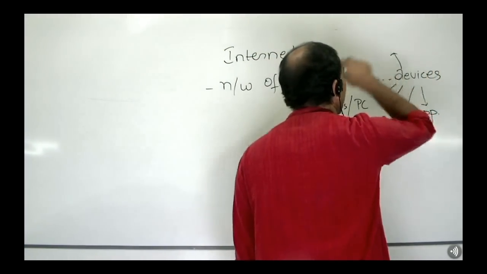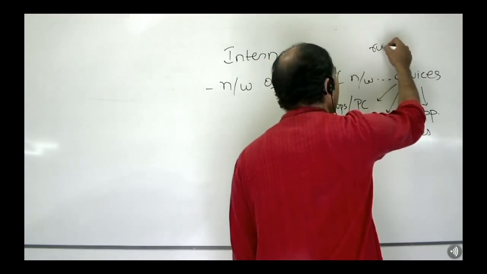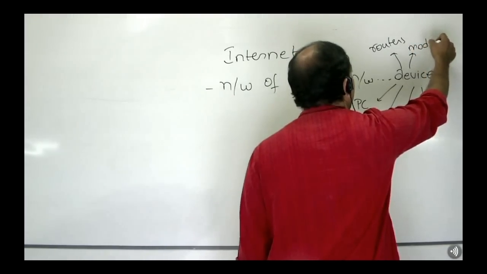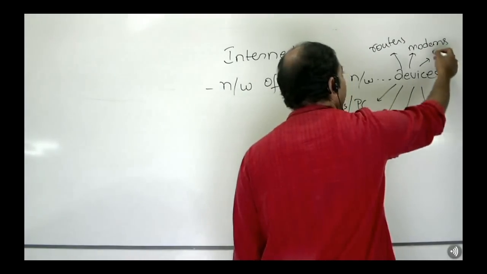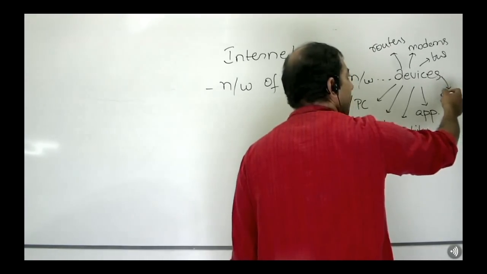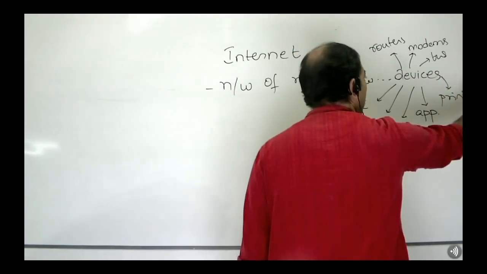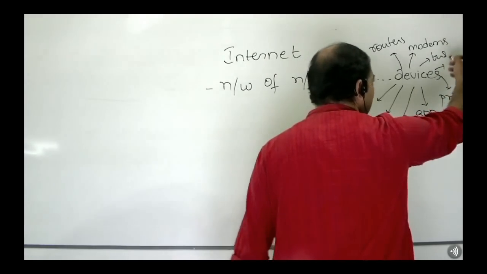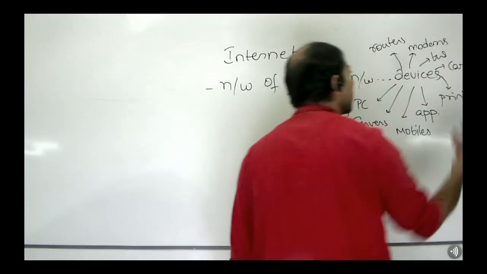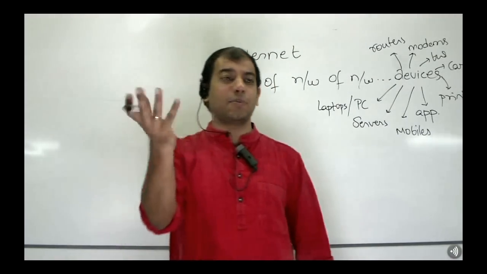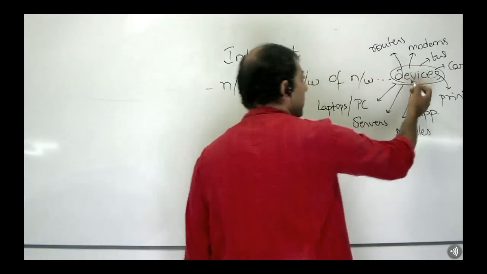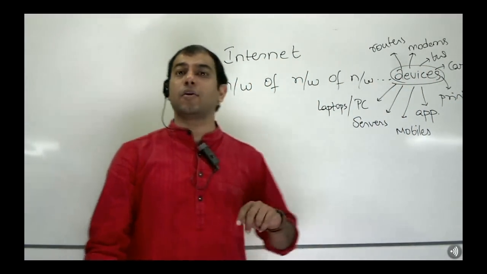Home appliances, then what else? You have your embedded systems, you have your routers, you have your modems, things which we don't see, right? You have your buses and so on and so forth. Then what else? You have your printers, right? All kinds of different peripherals. You have things like even cars, vehicles are connected to the internet, right? Tesla car, BMW car, and so on and so forth. Bottom line, there are a myriad set of devices which are connected to this so-called common network called internet.